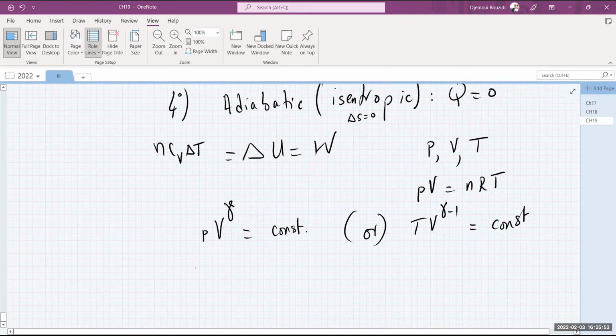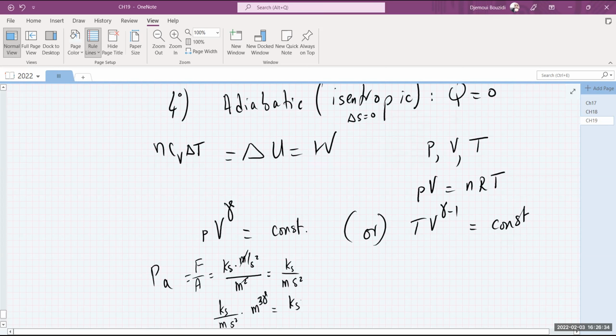This has a unit of a Pascal, and a Pascal is a force divided by an area. That's what the pressure is. And a force is a kilogram times meter per second squared, divided by an area, which is meter squared. Cancel that by that. So the Pascal itself is simply a kilogram divided by a meter second squared. That's what the Pascal is in SI. Times the volume to the power gamma. And a volume is a cubic meter. So this expression in here is a kilogram divided by meter times second squared, times a meter to the power 3 gamma.